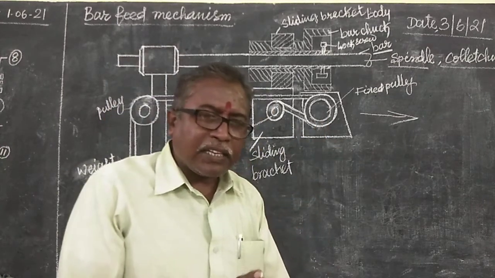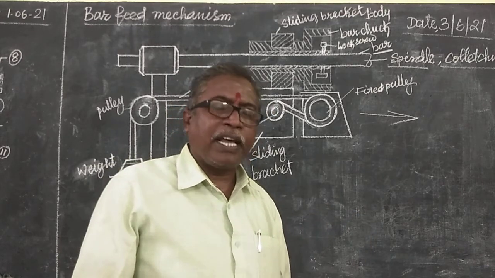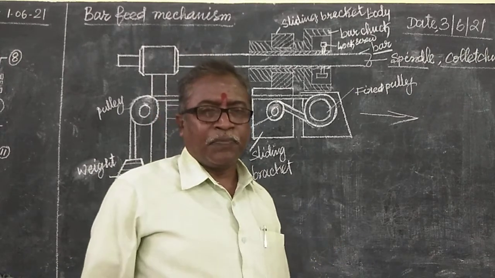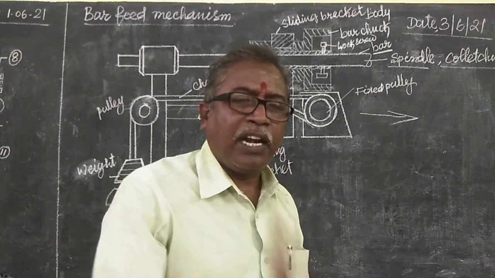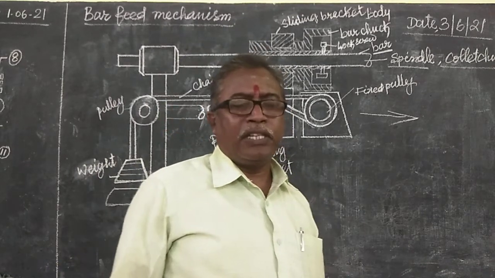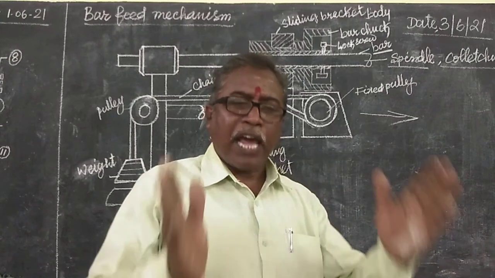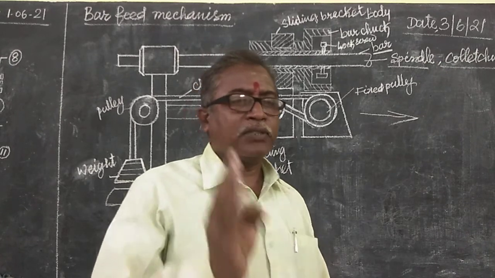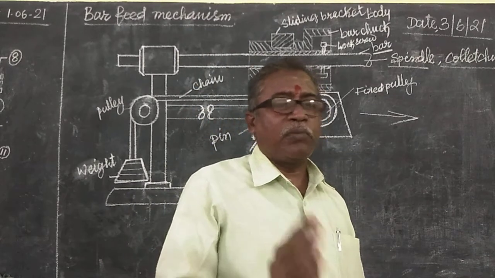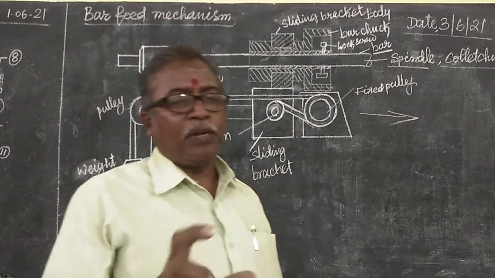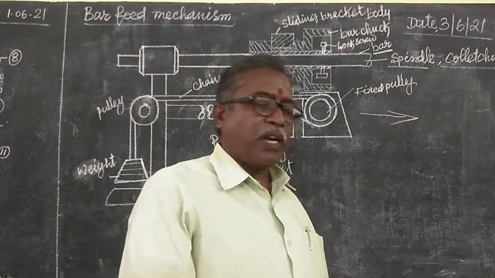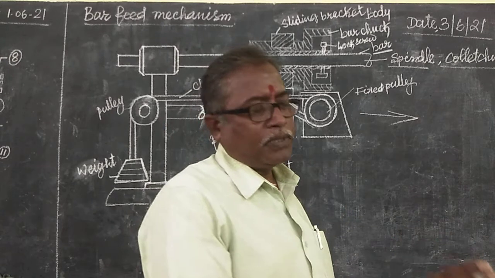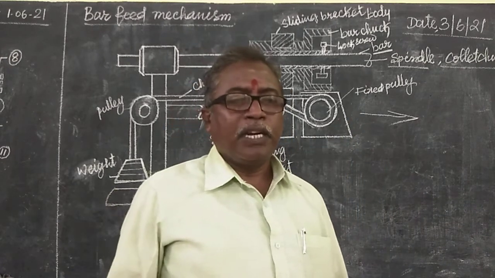If you understand it like this easily, the need for the bar feed mechanism is to save time, to produce a number of components fast, and to maintain the accuracy of the length, so you will get the correct length. There will not be any change in the dimension, the accuracy in the length. So like that this bar feed mechanism is given. That's why modern lathes are provided with an automatic bar feed mechanism. The bar feed mechanism figure is given, showing how it is working. Then one more I will give you later on, that is the CNC bar feed mechanism. That is not needed now.